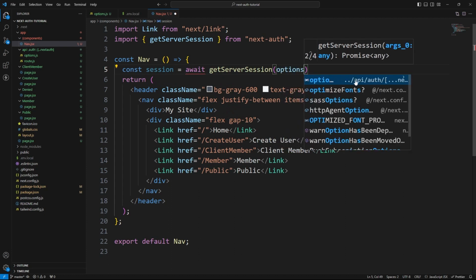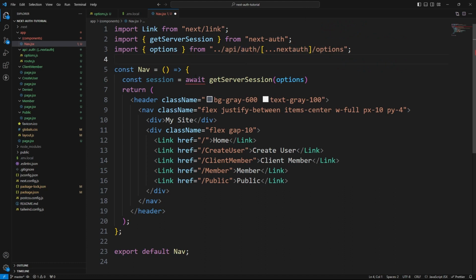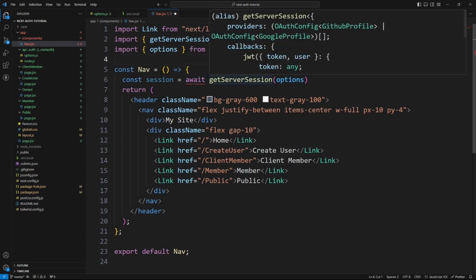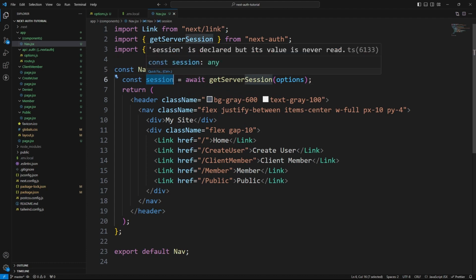So you see I'm going to autocomplete here, but these are inside our API, auth, blah, blah, blah, that whole directory. You can see it imported correctly. And it's mad because I'm using an async function. So I, up here, need to add async. Perfect. So now we should have a session if we have a session, which we don't right now because we